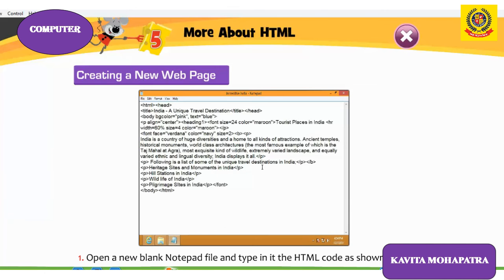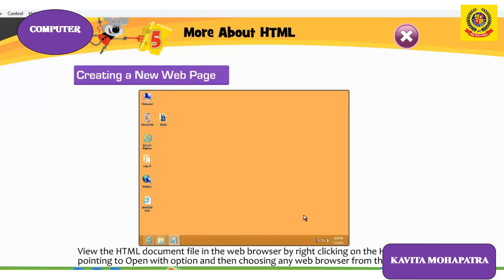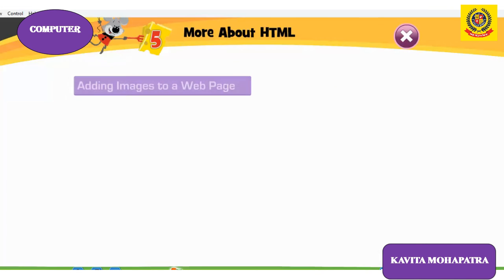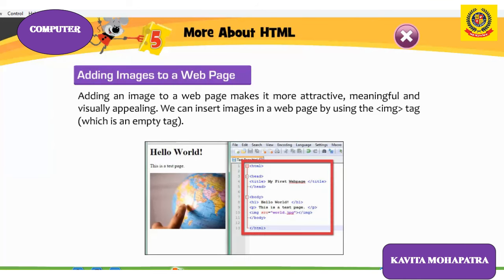Suppose you have Internet Explorer or Google Chrome, you can click on any browser, then you open your file. So in this way, you will write Incredible India, you will choose your file name, then you will save this one. Already I have saved, the file name appears here. Then you double click there or you click on open with, it will open. Now you can view your web page.